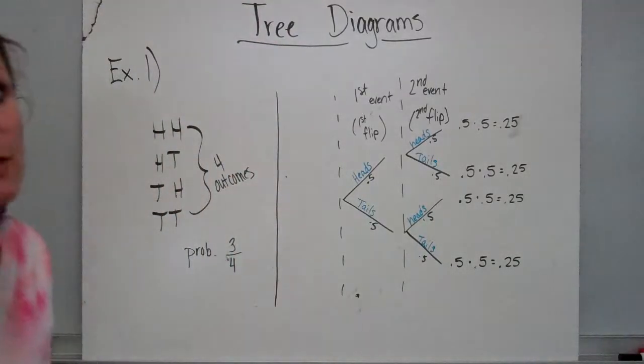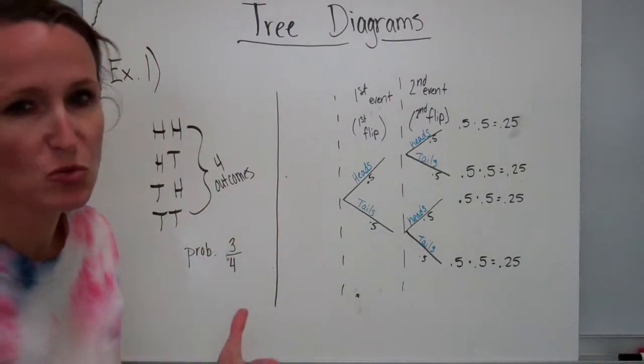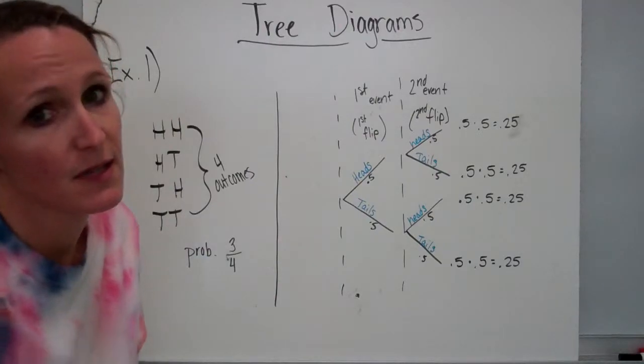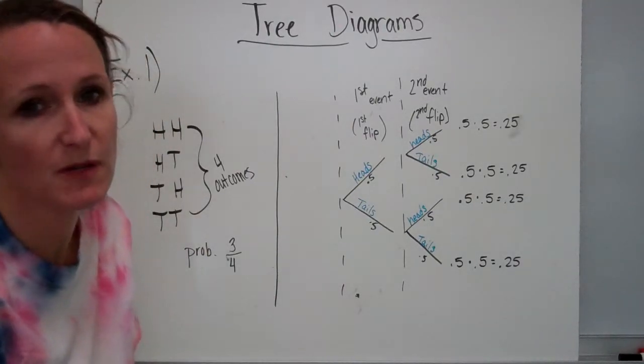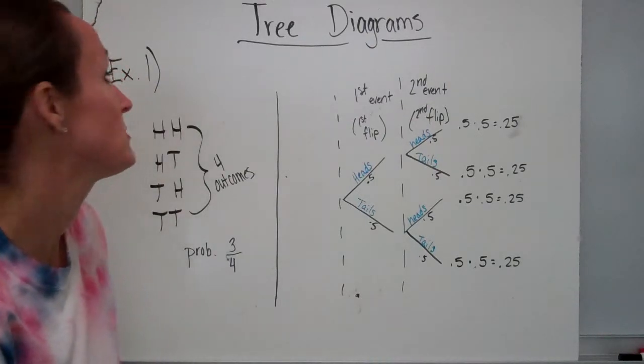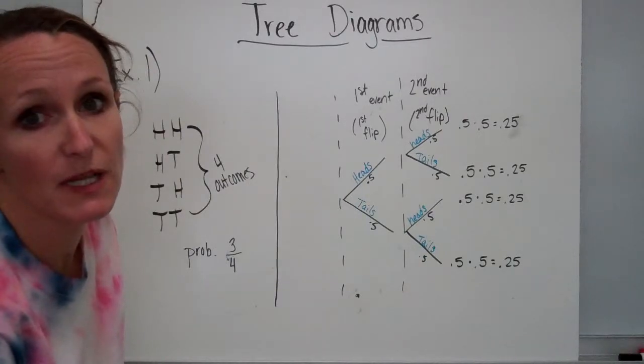In this video we're going to talk about tree diagrams. Tree diagrams can help you get a visual of your number of outcomes. Depending on what you're trying to figure out, sometimes they are extra work, but sometimes they really can give you a great visual. So let's say we're flipping two coins and we want to figure out the probability of